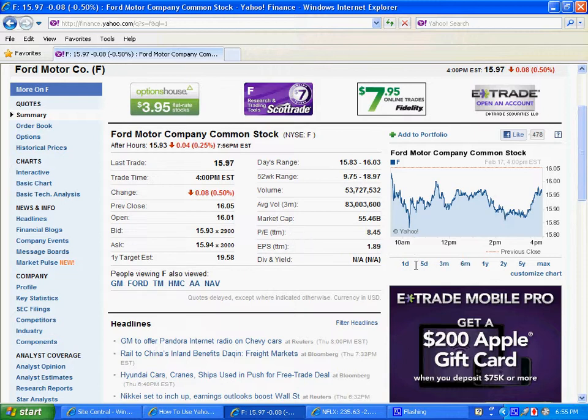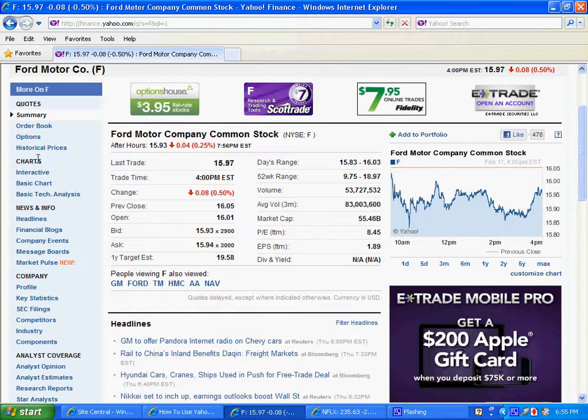So this is what Ford did today. This is February 17th, 2011. But if you want a 3-month view, a 6-month, a year, 5-year, and so on, you can do that. Now, historical prices, if you don't want to look at charts, you can see what a stock did over time